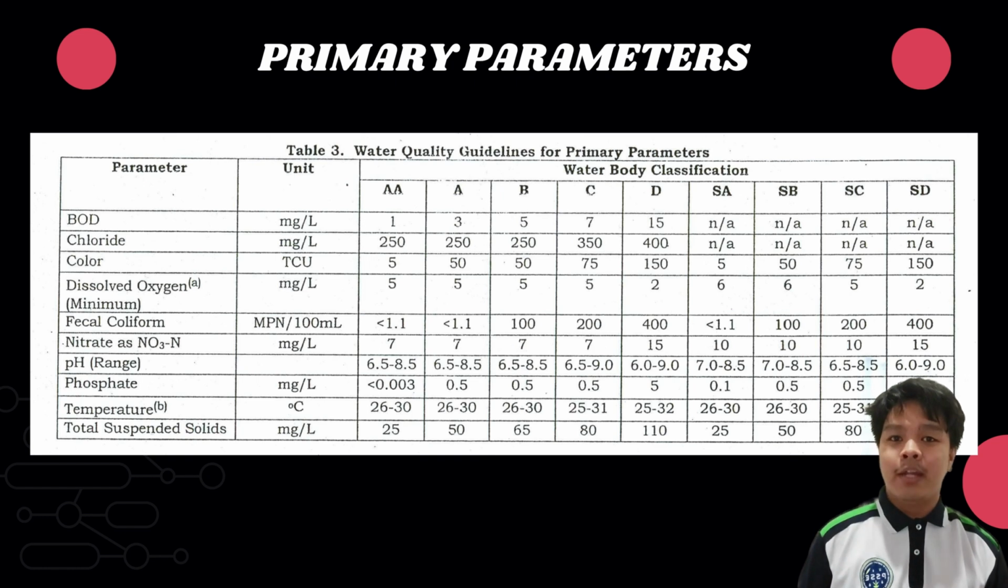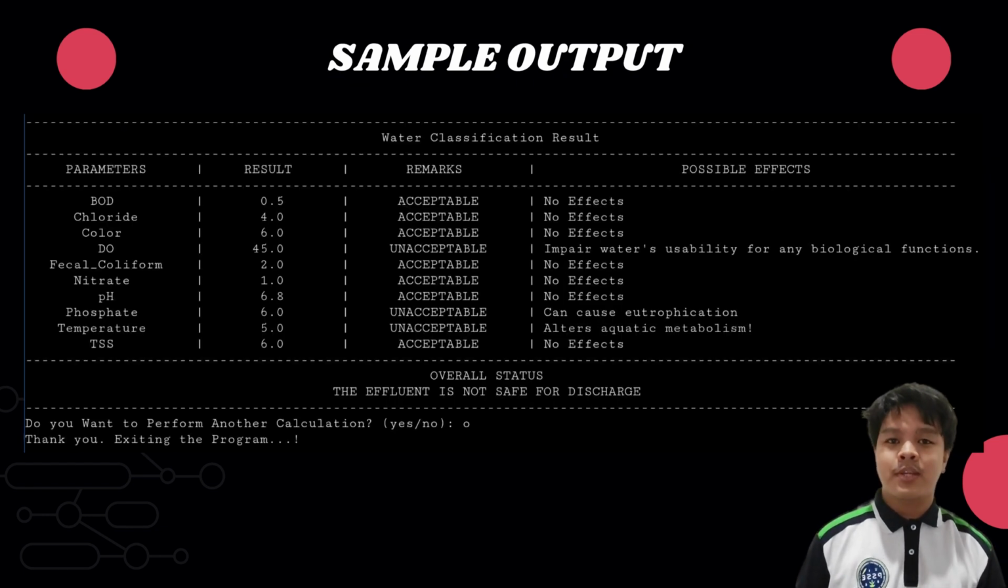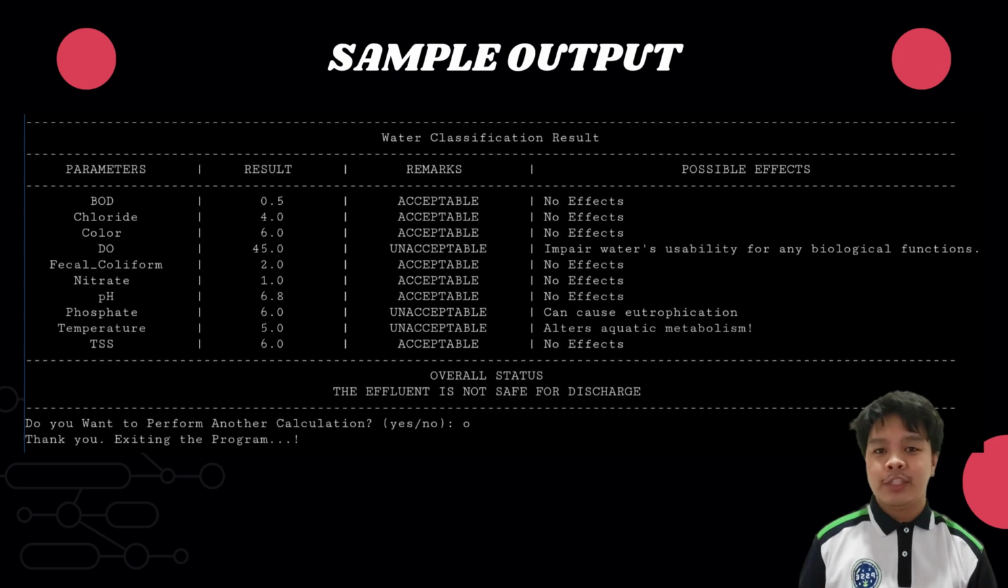And then after that, they are required to input values on a primary parameter. So ibig sabihin, other parameters will not be entertained by this program. And then after that, this is the expected output. So as you can see, meron tayo dyan ng parameter, yung inputted values, kung ito ba ay acceptable or unacceptable, and also its effects sa ating water body. In-depth discussion with regards sa structure ng program na ito, and also kung paano ito paganahin will be further discussed